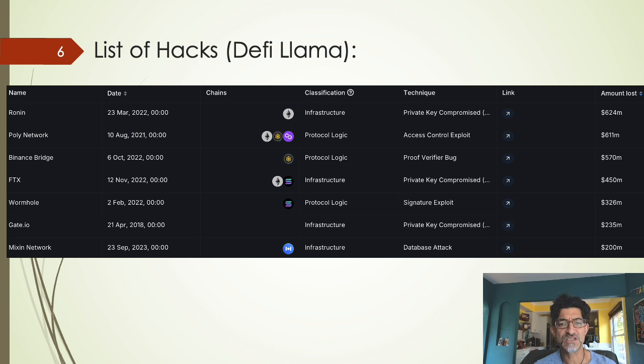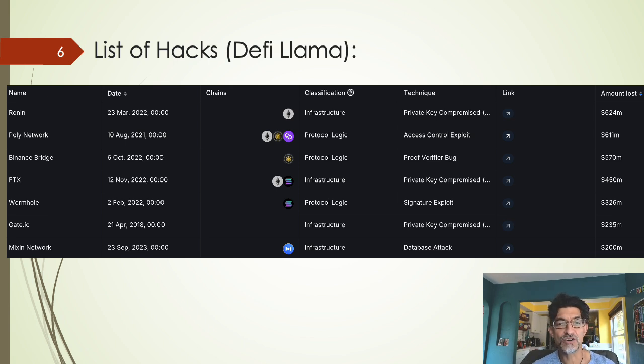But one reason is because they only have one software, what do they call it? Service software. But going forward, they're going to have what's called Firedancer, which is going to make their blockchain more robust and stronger against being hacked. But right now, that hasn't come out yet, so Solana could still be vulnerable to a hack. And you can see there are many other hacks. This is just a few.